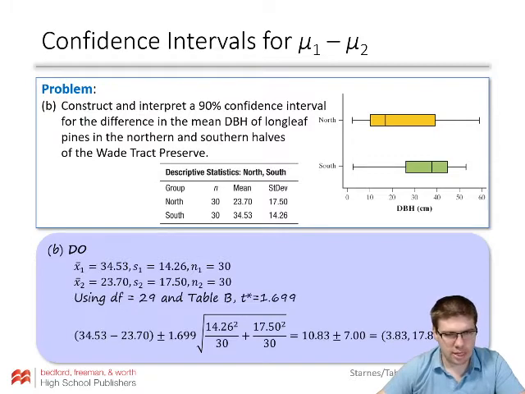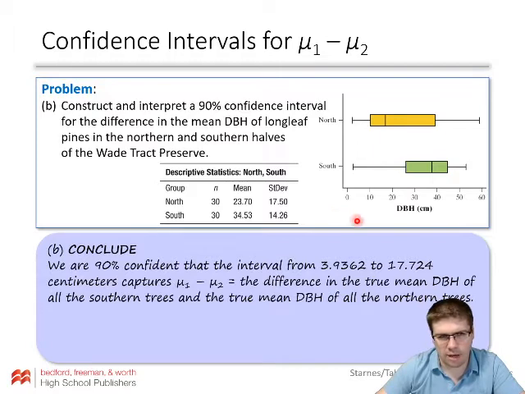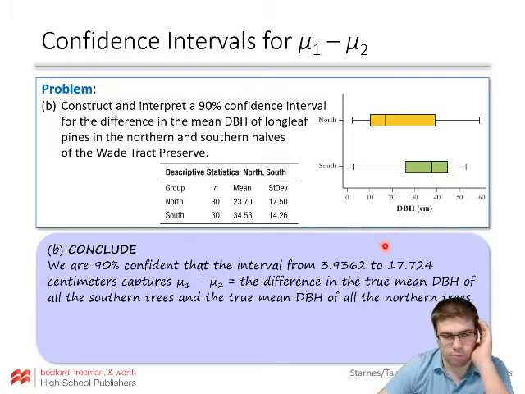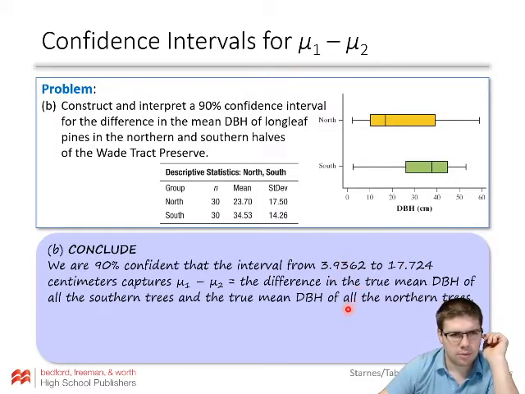Finally, the conclude step. So we are 90% confident that the interval from 3.9362 to 17.724 centimeters captures mu1 minus mu2, the difference in the true mean dBH of all the southern trees and the true mean dBH of all the northern trees. So on average, the southern trees, we're 90% sure, it's somewhere between 3,